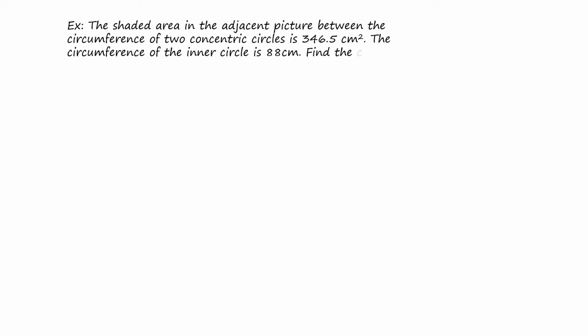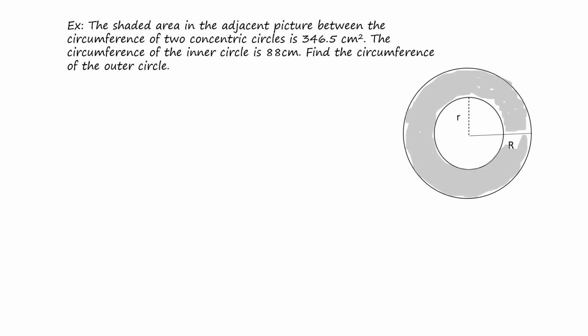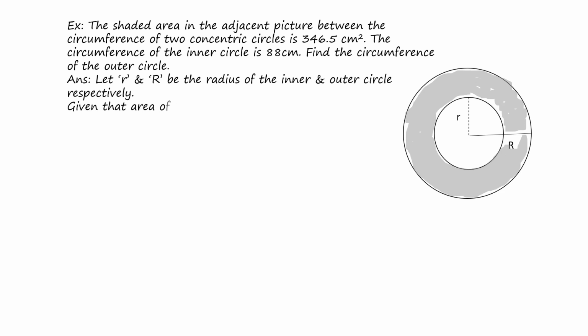The shaded area in the adjacent picture between the circumferences of two concentric circles is 346.5 centimeter square. The circumference of the inner circle is 88 centimeter. Find the circumference of the outer circle. Let's draw the picture first. Let small r and capital R be the radius of the inner and outer circle respectively. Given that the area of the circular path is